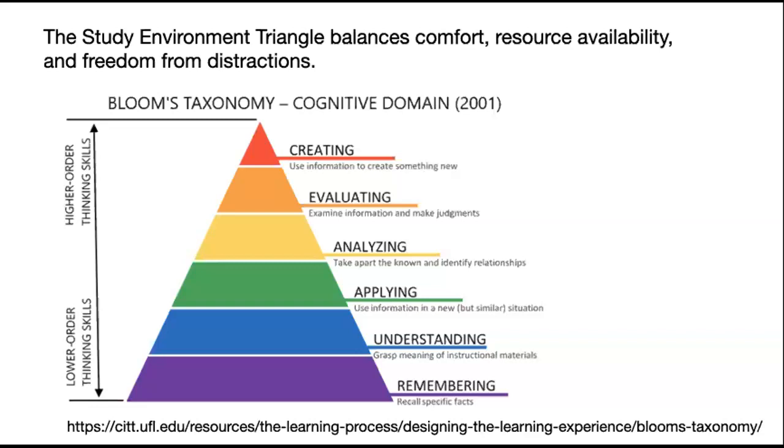Now, when you look at these various cognitive levels, so cognition is all about the thinking that's going on in your brain, the best way of using this conducive study environment is to balance, as you go through your revision, different levels of thinking. So don't always just think, hey, I'm here to learn rote fashion, just facts and acronyms and case studies and examples. That's lower level thinking. You will find yourself just mind numb if you just do that. So break up your revision between lower level thinking. So learn some facts, get some acronyms under your belt, start to recall some of those projects that you've done,